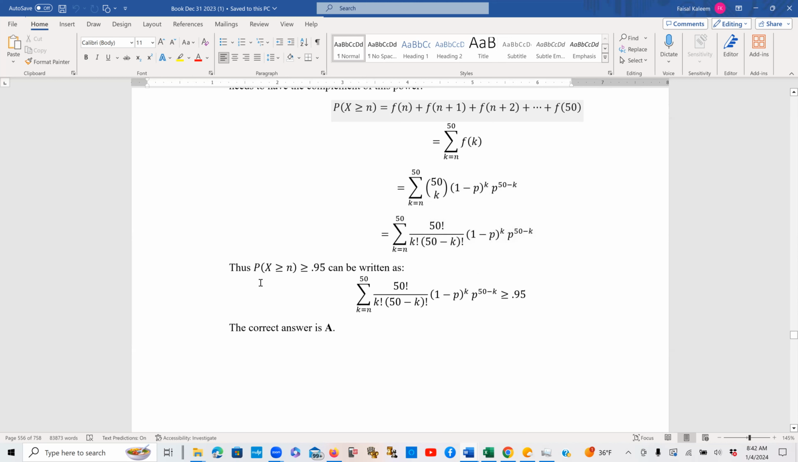So we are talking about the probability X greater than or equal to n being greater than or equal to 0.95. So the probability X greater than or equal to n is all this sum. That means this sum is greater than or equal to 0.95, and that is choice A. If you look at the answer choices,